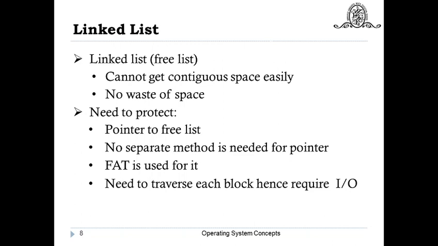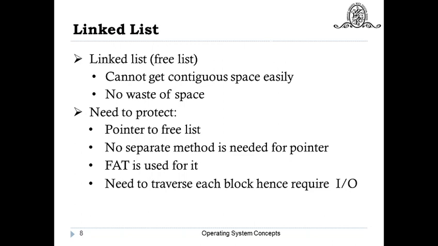Whenever we want contiguous space, it is not easy in the linked list to find contiguous space, because in any case you have to go through the linked list, and we cannot find out how the addresses of the blocks are maintained, because you just have to follow the pointers. So to find contiguous blocks, we need to observe the address or number of the block. But one thing is there, that there is no waste of space, and random blocks are used for creating or storing the files.